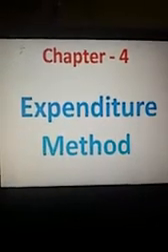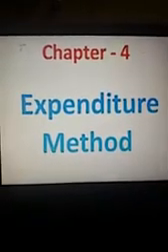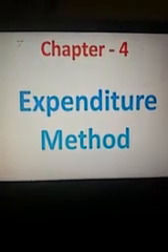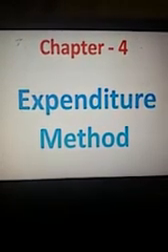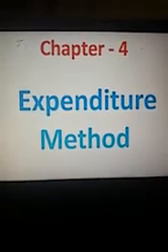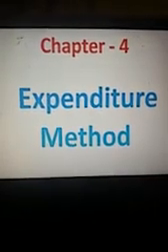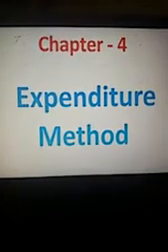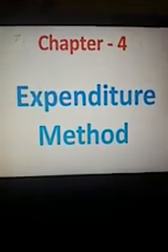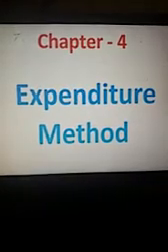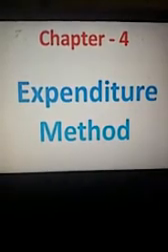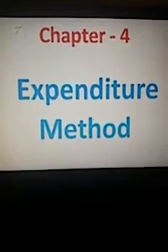So what is the expenditure method? According to this method, national income is estimated in terms of expenditure on purchase of final goods and services produced in the economy during the accounting year. That's why this method is also known as the consumption and investment method or the investment disposable method. Estimation of expenditure on final goods produced during the year within the domestic territory of the country is equal to the market value of GDP at MP. When we get GDP at MP, we adjust it and we finally get NNP at FC, that means national income.